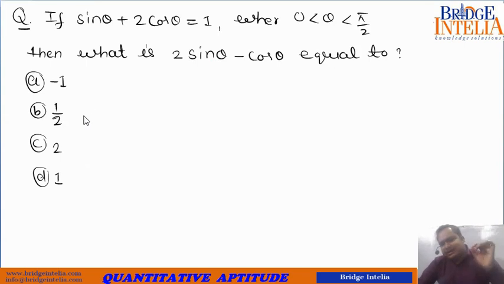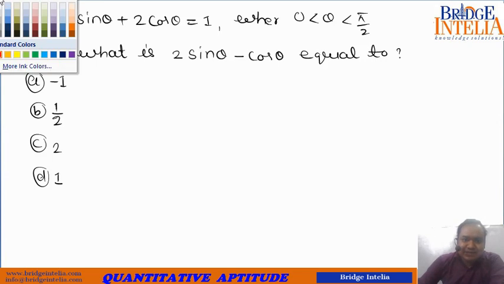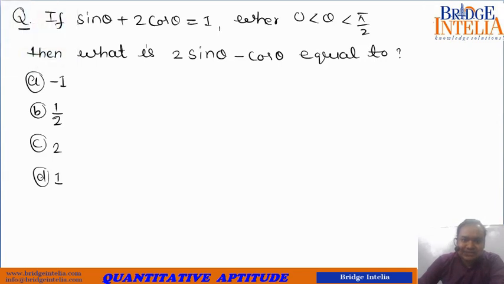That means they are real numbers and they are distinct. So what to do in such a case? As I already showed you in previous examples, you just take a substitute value. You choose such a theta which satisfies the given condition. So theta is such an angle that sin theta plus 2 cos theta is equal to 1. If you are able to guess such a theta, the job is done.